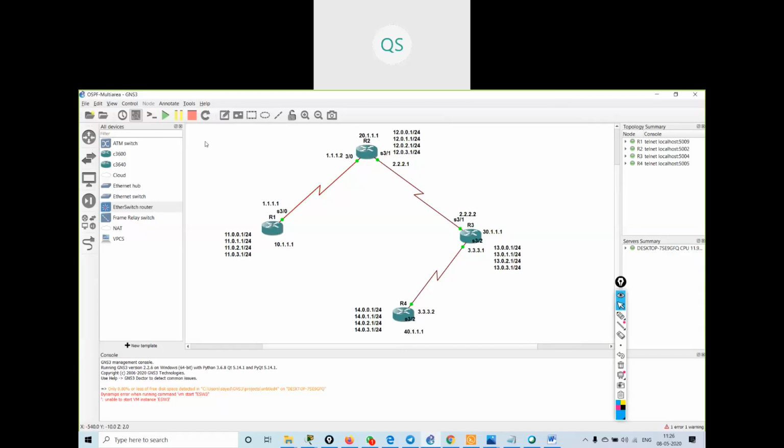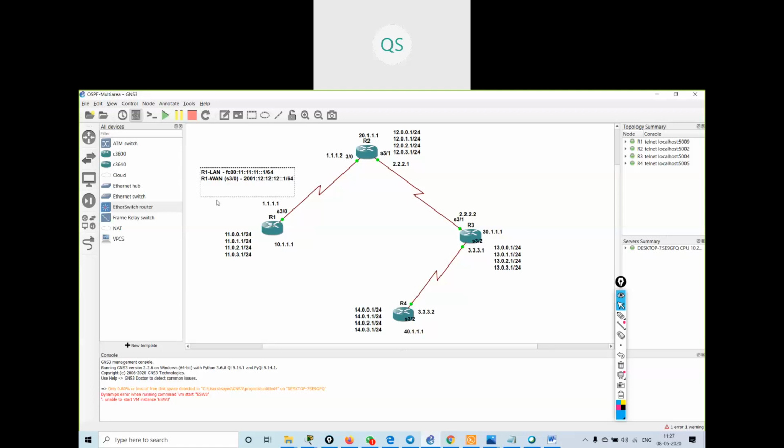In the LAN of R1, I'm using the IP address FC00:11:11:11::1/64. And on R1's WAN, that is S3/0, I will be using the IP address 2001:12:12:12::1/64.